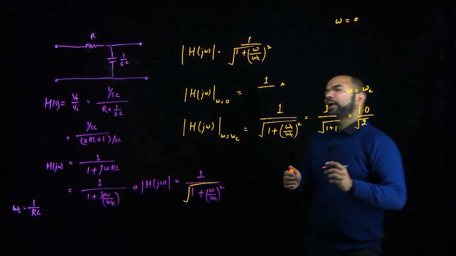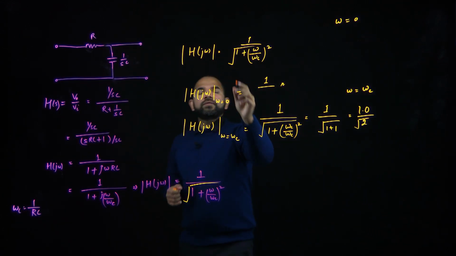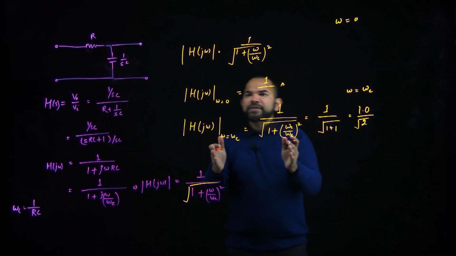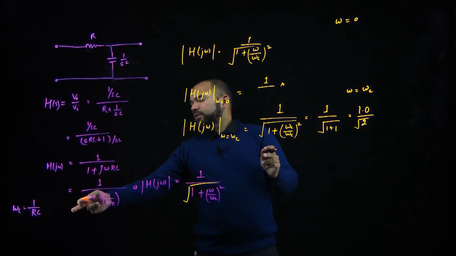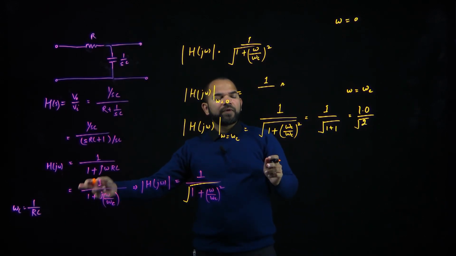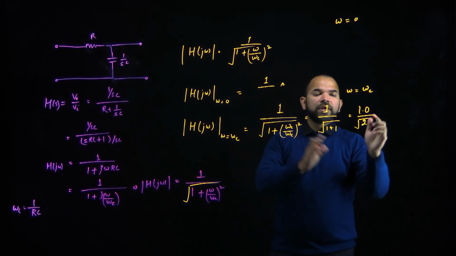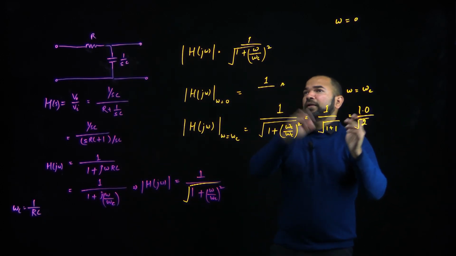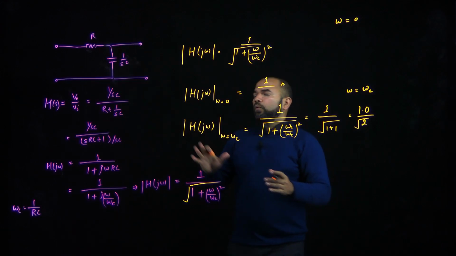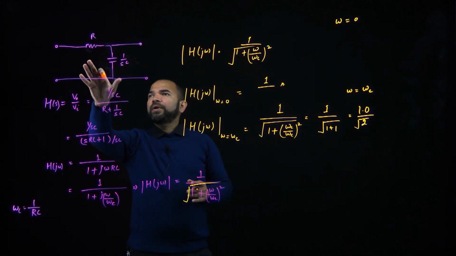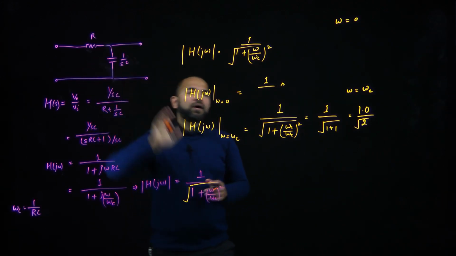So at omega c, which is related to the values of R and C, the transfer function is slightly lower than 1. We can say this kind of combination is giving us a